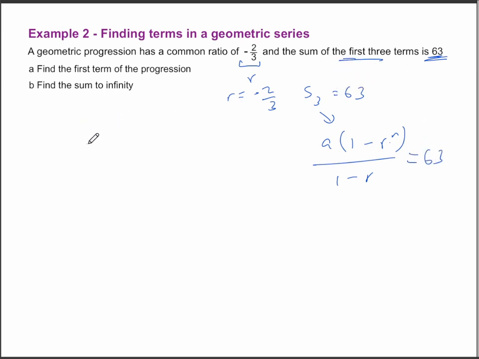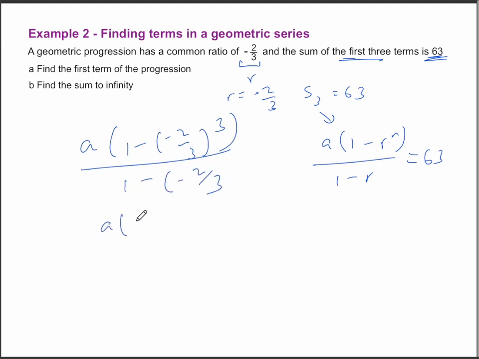So we can write this down again: a(1 - (-2/3)^3) over 1 - (-2/3). That's just going to be a(1 + 8/27) over 5/3, because (-2/3)^3 is -8/27. Remember, negative and negative becomes positive, so we are adding that 8/27 here. And here we add the 2/3 to 1 and we get 5/3. This will then give us